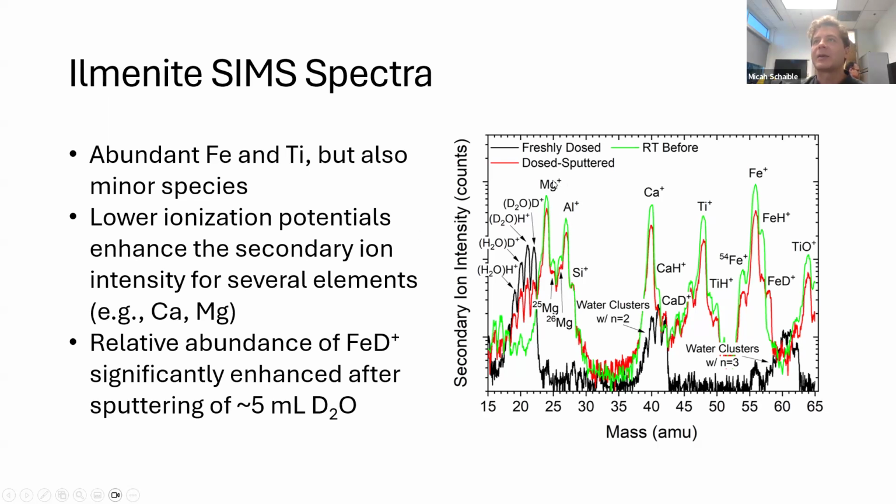So species like magnesium and calcium, that are relatively easier to ionize, are going to show up with a relatively larger secondary ion signal than something with a higher ionization energy like silicon or iron. There's a competing effect here, where your sputtered signal depends on the elemental abundance of that species in your target, but also on the elemental ionization potential of that metal species.